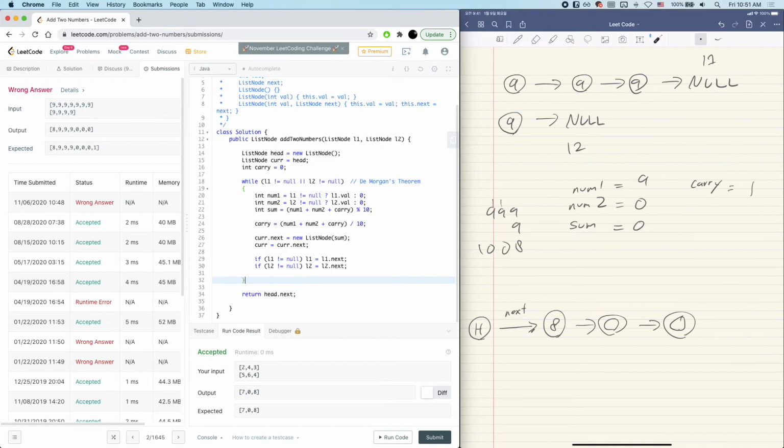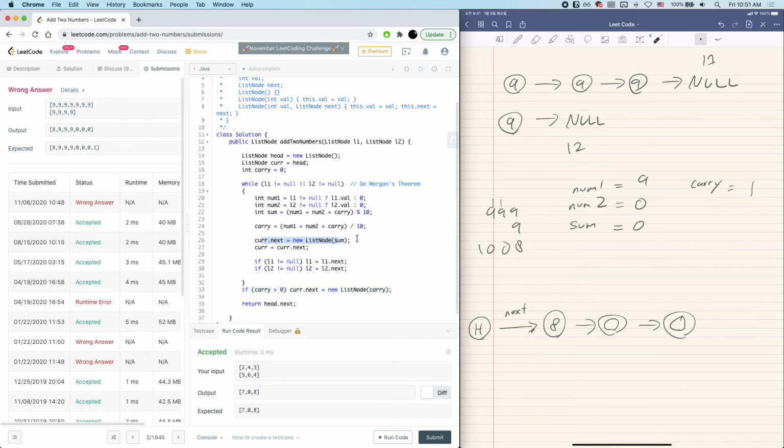So what we need to do is, if carry is more than 0, cur next is new list node carry. So like we did here, you can just do if carry equals 1, but I just prefer doing this. If carry is more than 0, cur next is new list node carry. By doing this, our cur would be here at the end of the while loop, and then we check if our carry is greater than 0, then we make another list node here and then put carry